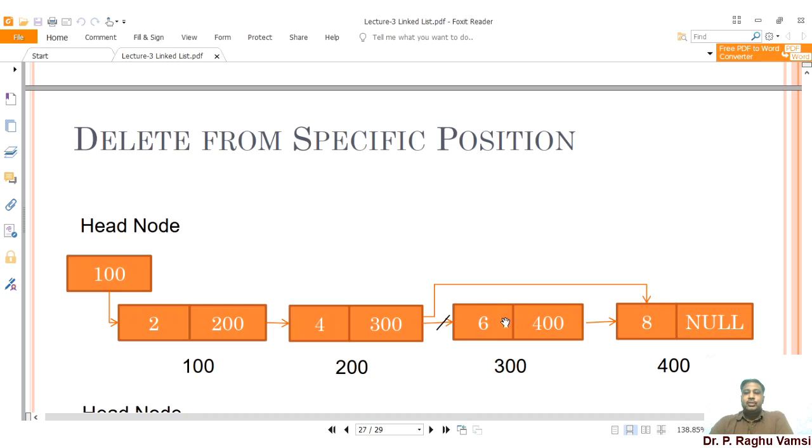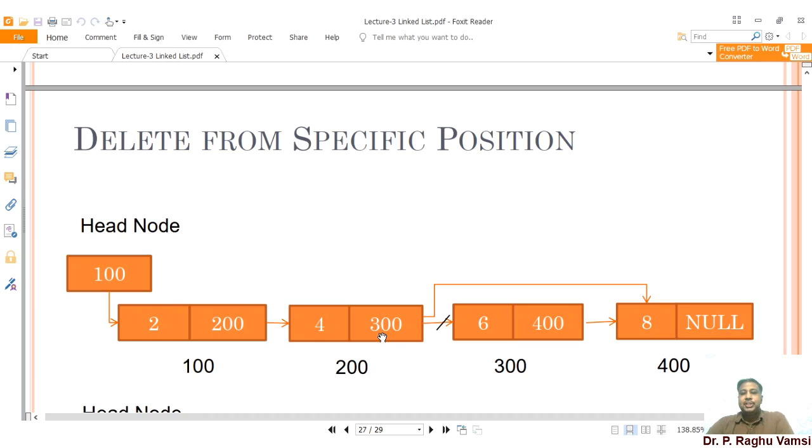Whenever you move to the third position, if you remove this directly, that means if you free this particular node, then the remaining nodes after this sixth node, the node that I'm planning to remove, will become orphans. That means they are completely detached from the entire list. So it should not take place. So while traversing, you have to traverse till one position before the required position. Say for example, I have to remove the third position, then I need to stop at the second position itself.